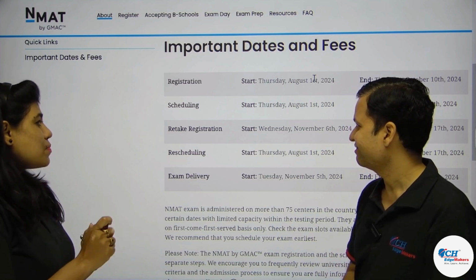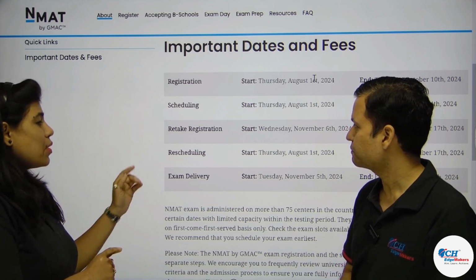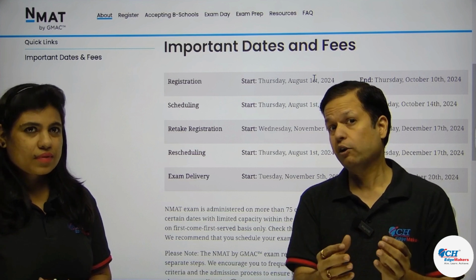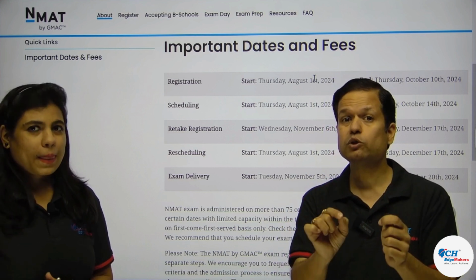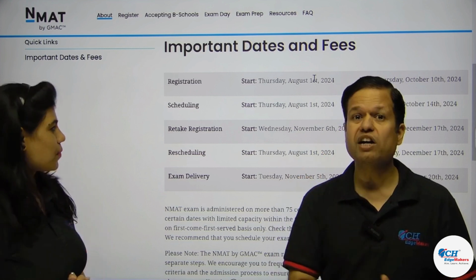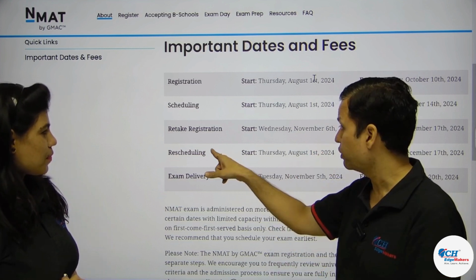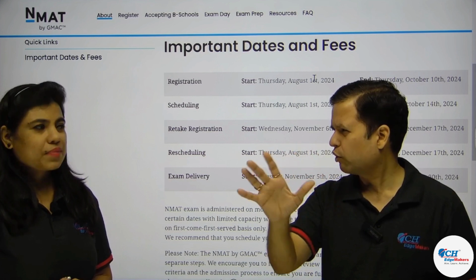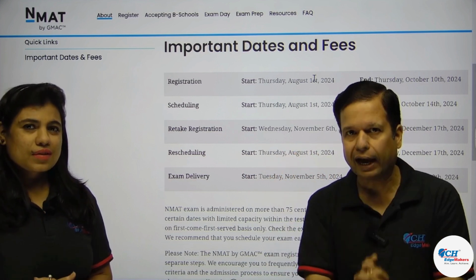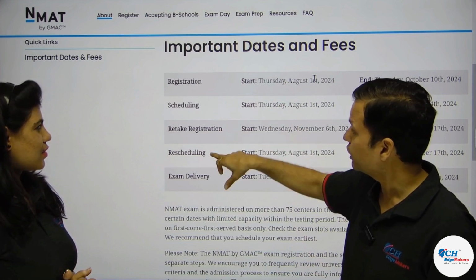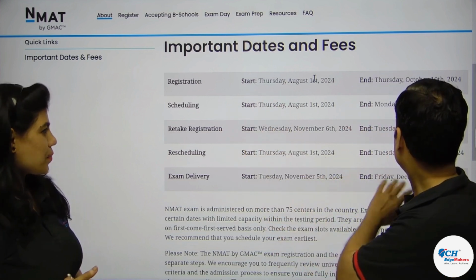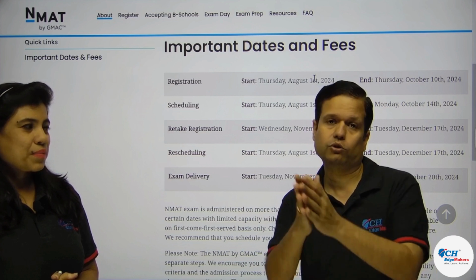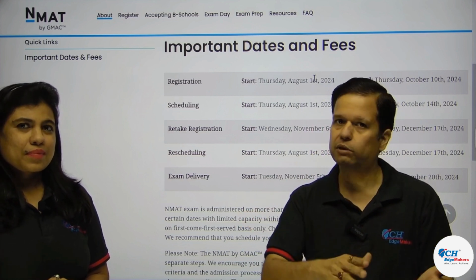Now sir, there were some students who were also confused about rescheduling. What is rescheduling? Well, at times, let's say your exam is after 5 days and you feel like you will not be able to appear in the exam. NMAT gives you an opportunity that until 72 hours before the exam, you can apply for a reschedule. For that, you have to pay a small amount of roughly 1,200-1,400 rupees, and then you can reschedule your exam. Let's say you scheduled your exam on 17th of December, and you realized you will not be able to take it. You can go there on, let's say, 10th of December and apply for a reschedule.